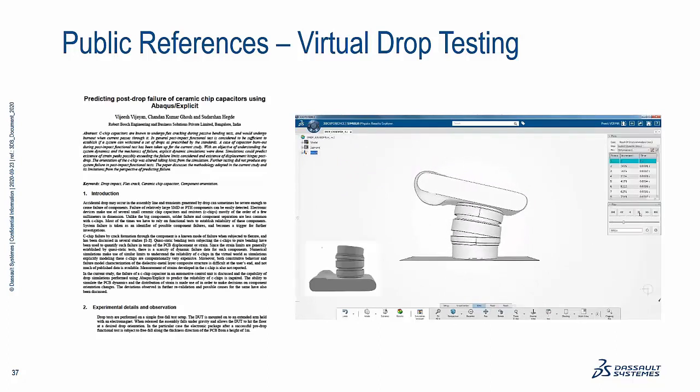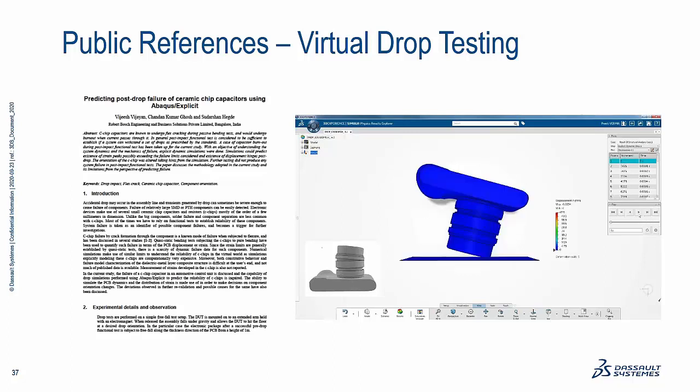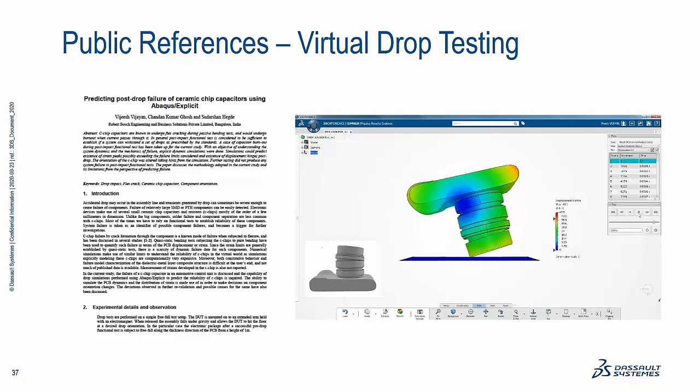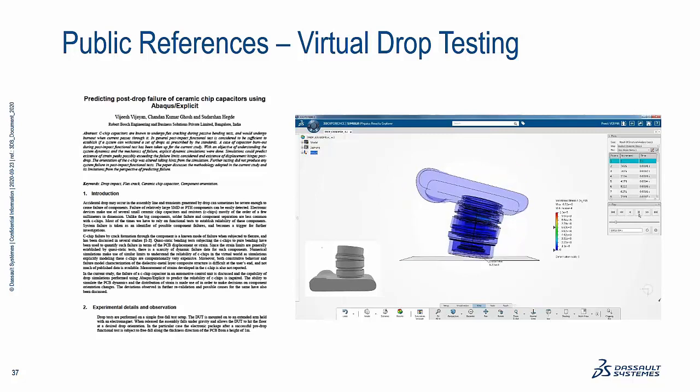We hit again, and then we rebound, and in just a second, we're going to hit a third time. So we are able, with Abaqus Explicit, to effectively capture the very complex impact of this very complex device